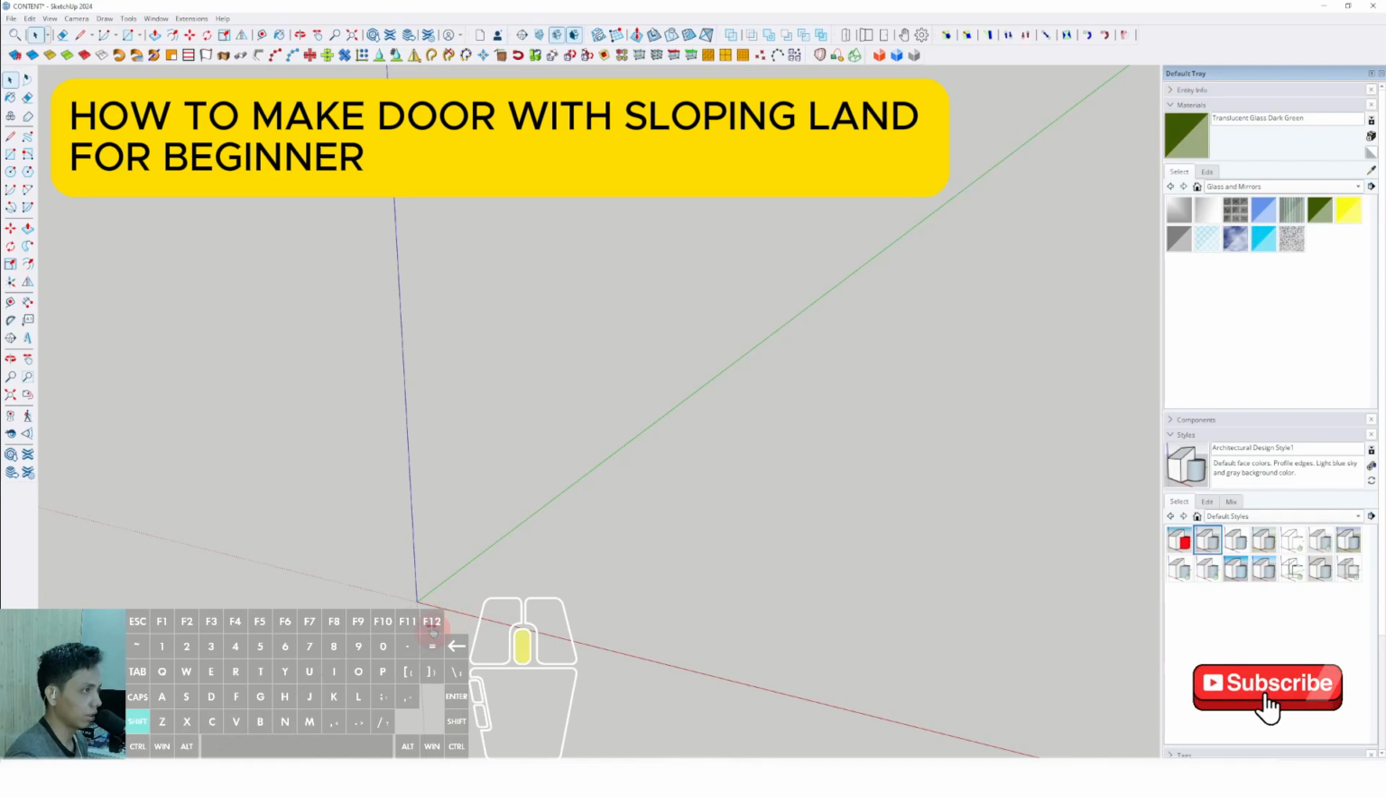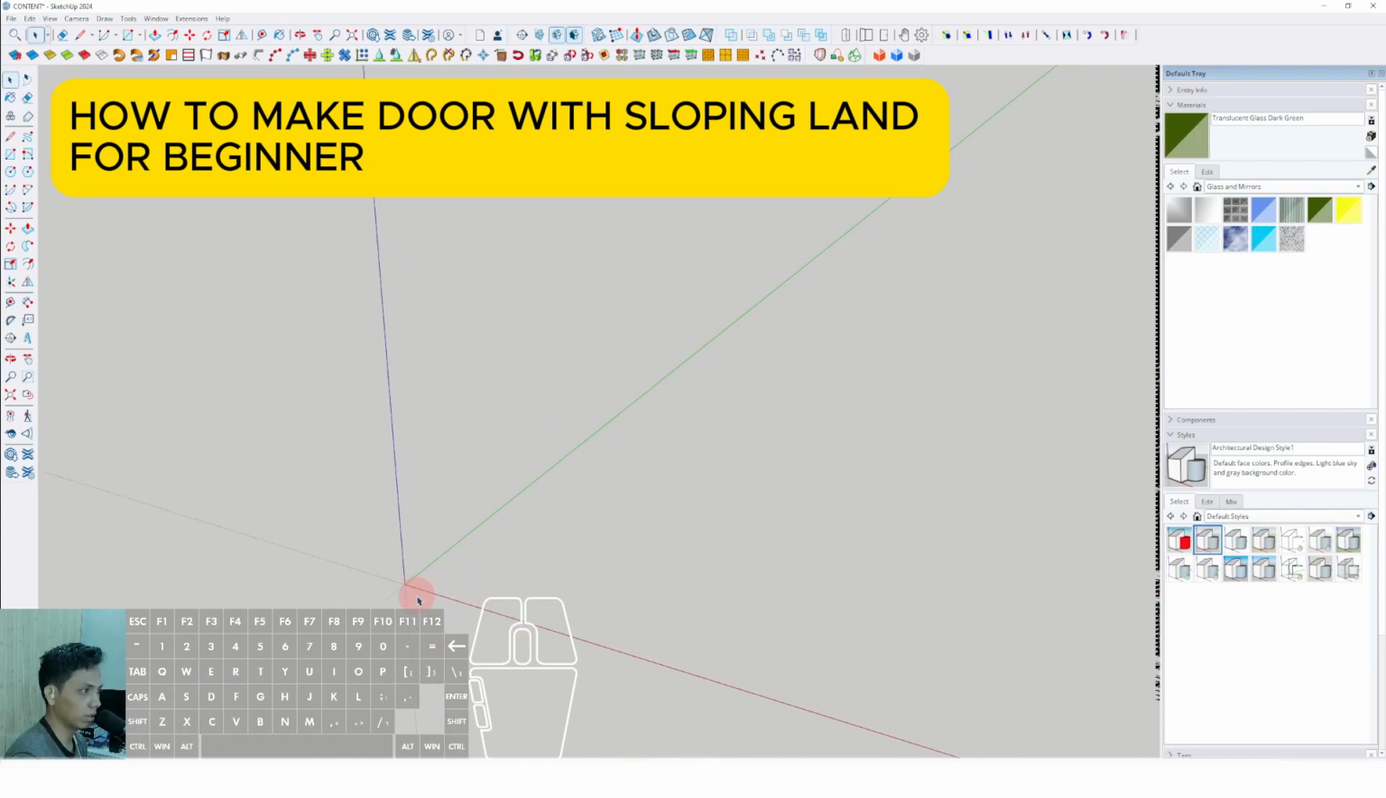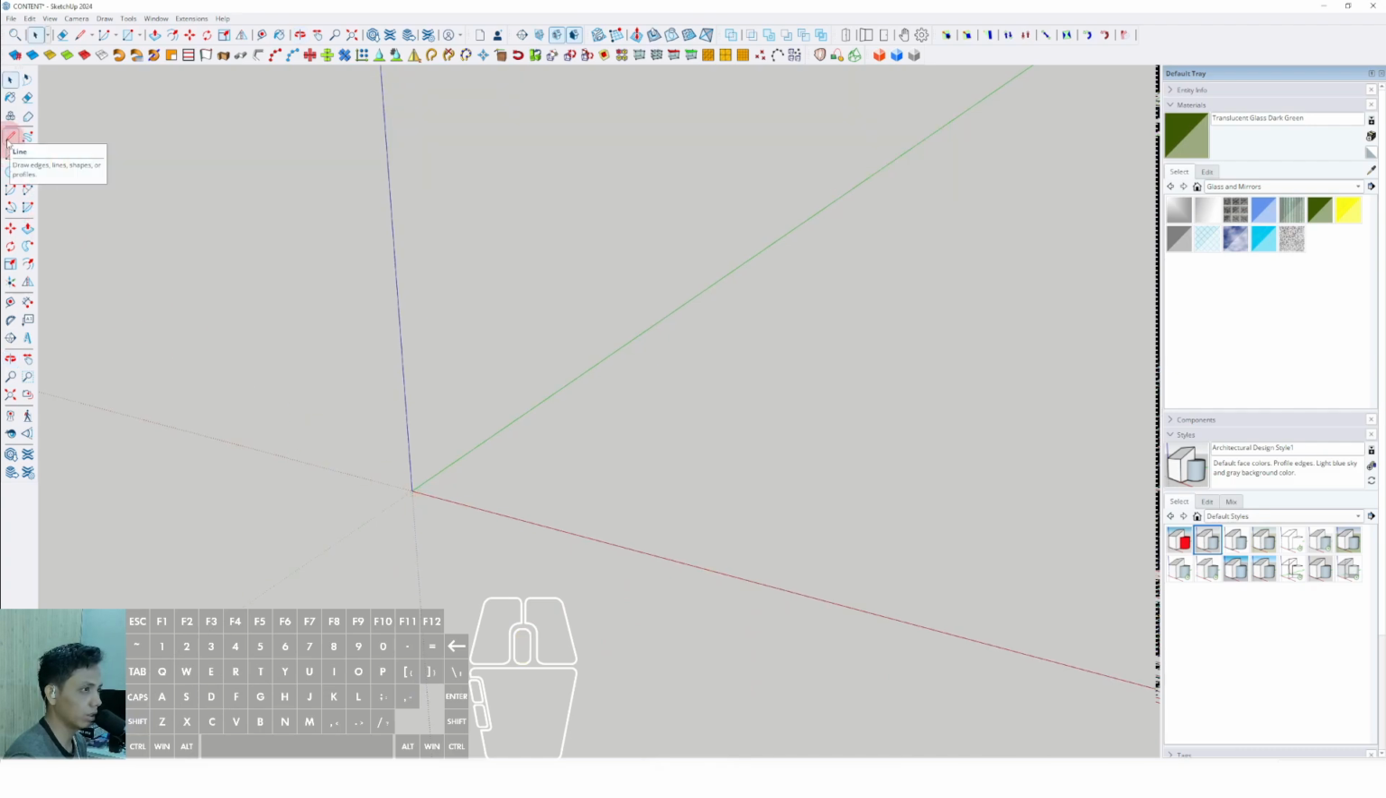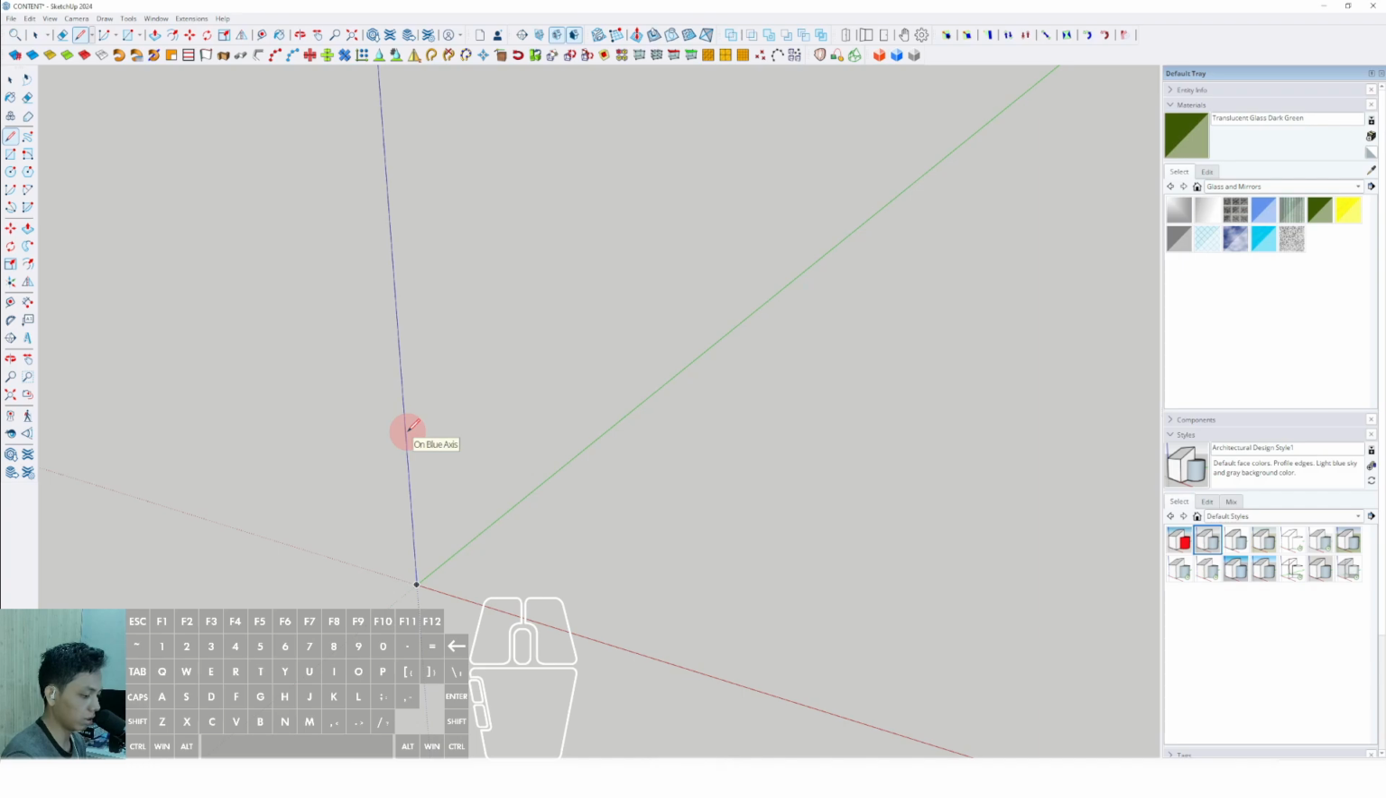In this video, I will share with all of you how to make a door with a sloping line. Okay, first of all, we have to make the door. We can use the line. Click from this position, click to the upper position around 2.2 meters,